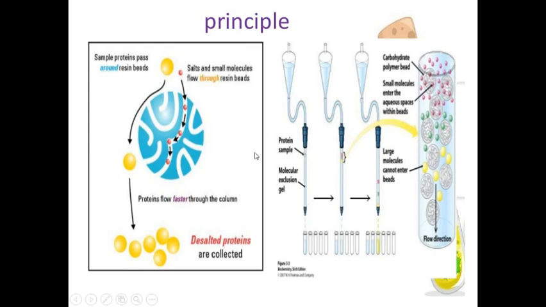Okay, now we're going to discuss how your molecules travel through the gel beads and in between the gel beads. Now we can see here in our sample there are three different types of molecules. For understanding purposes we denoted them by these colors. Purple is the smallest one, green is moderate, and yellow is the largest one.